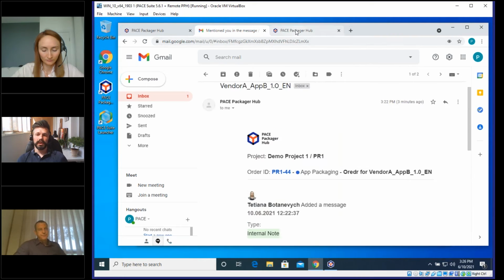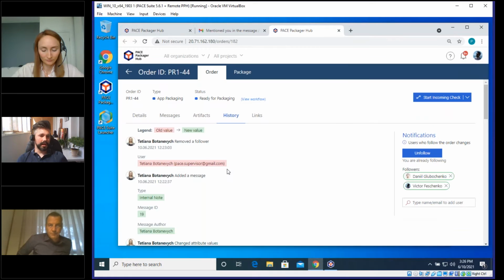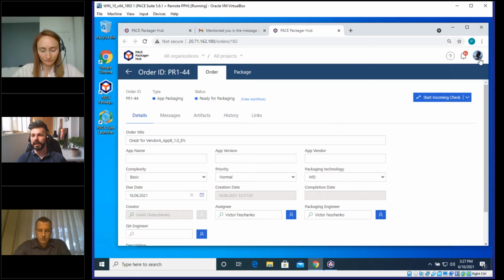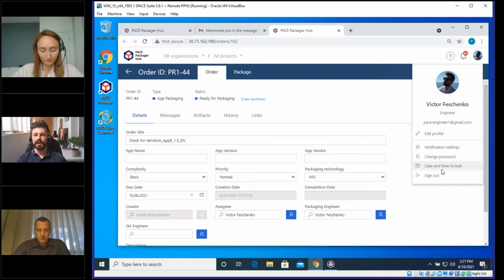And another thing about the followers list, users are automatically added to this list when he or she is specified as assignee or as a packaging engineer. And another cool feature we have here is date and time format. As you can see, in the history we have timestamps. In the details tab, we have date fields like due date and creation date, and across the system we have dates, and every user can customize this date and time format according to their needs,